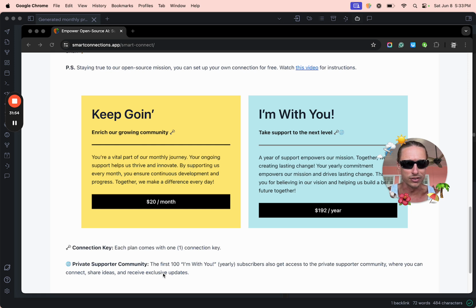pays for the year, because that obviously helps me, so I can better plan and know how well Smart Connect is doing, and that I can continue to spend full-time hours on this. That is my goal for the foreseeable future, and hopefully this service takes off and I feel even more comfortable dedicating basically all of my time to the Smart Connections project, the Smart Connect project, to developing the JS Brains open source project, which is all of the inner workings of Smart Connect and Smart Connections,